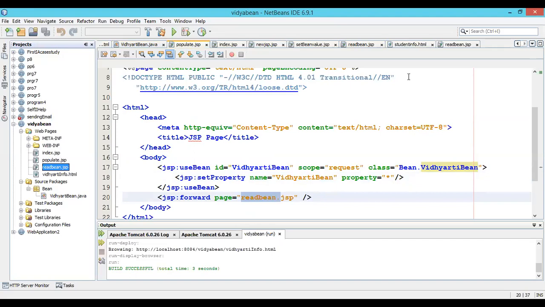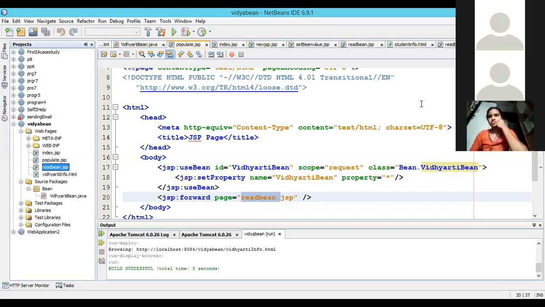Okay, this ends your program number 8. It demonstrates how to store the value onto the bean file, how you can use the bean as an intermediary between the client request and the server response.